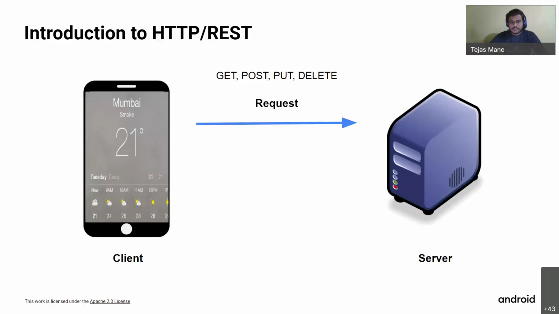Then the post request. Whenever you create a post or you add a story, a post request is performed because you are adding data to the server. Then put request. If you edit the caption of your Instagram post, it is considered a put request because you are modifying the data which is actually present on the server. And next, the delete method. When you delete a post, it's deleted from the server also, so it's a delete request.